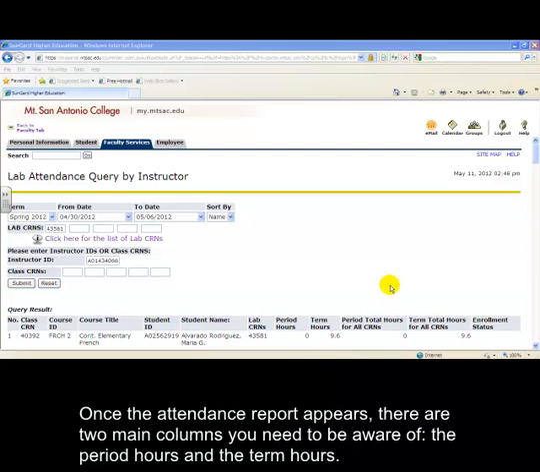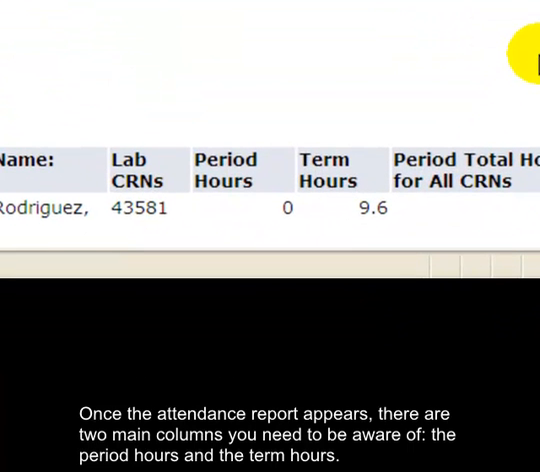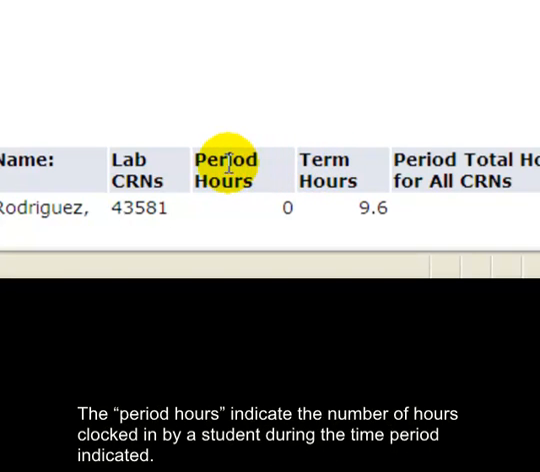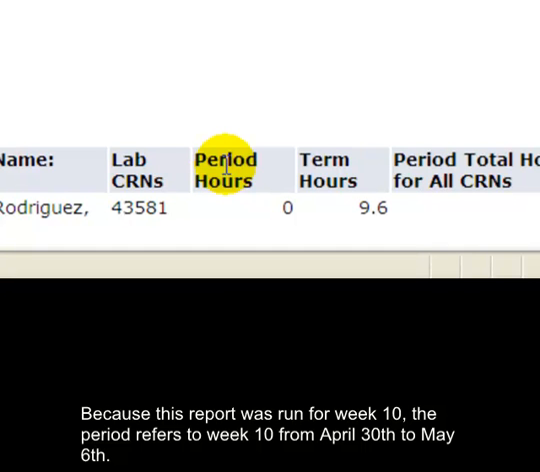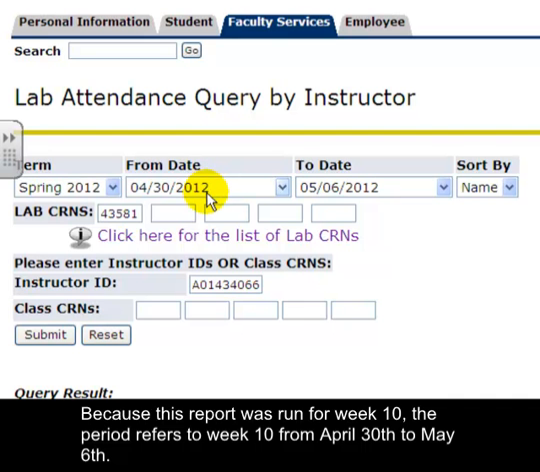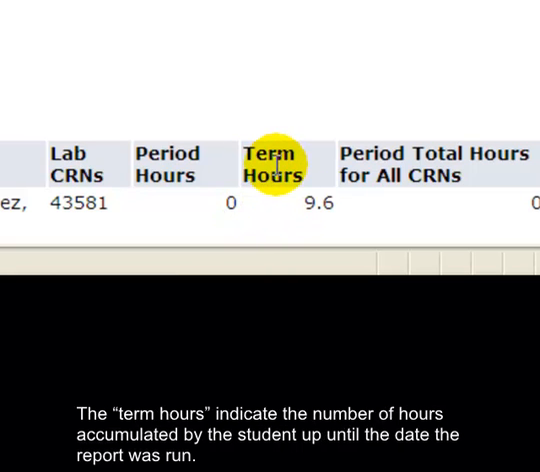Once the attendance report appears, there are two main columns you need to be aware of: the period hours and the term hours. The period hours indicate the number of hours clocked in by a student during the time period indicated. Because this report was run for week 10, the period refers to week 10 from April 30th to May 6th. The term hours indicate the number of hours accumulated by the student up until the date the report was run. So for example,